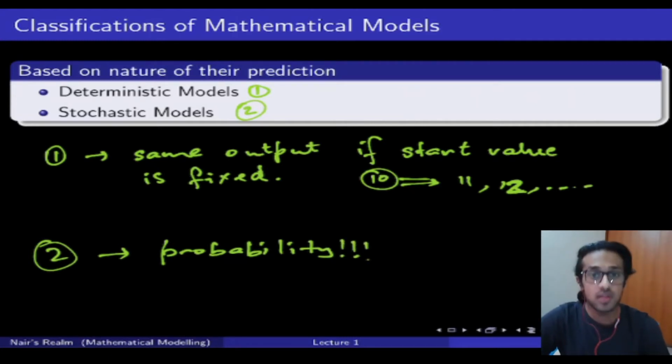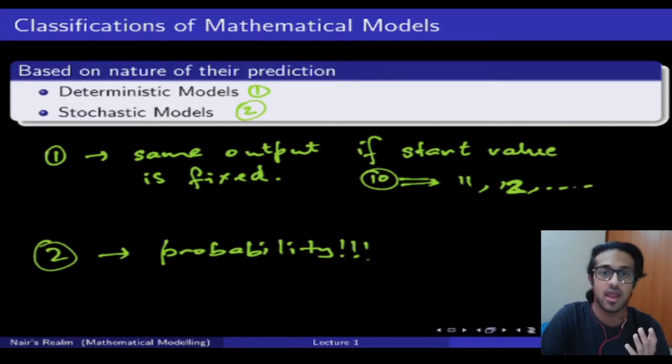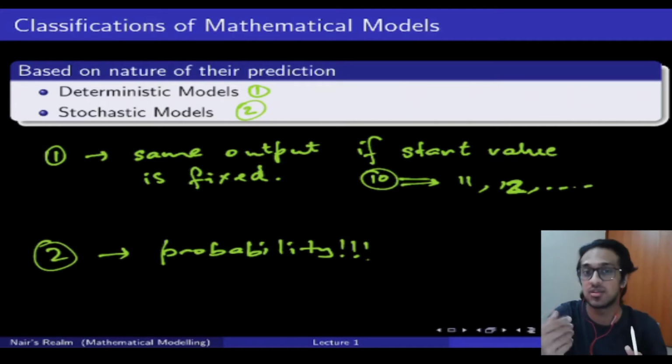And to give you another example, let's say Google Maps. You're on Google Maps, you've put point A and point B, your destination and your start point. And if you check and there are multiple routes, what Google Maps actually does is it tries to calculate based on the current trend of traffic in different areas. As you start going, it tries to see the probability of traffic occurring in different routes and blocks and so on, and suggests the best route to you.